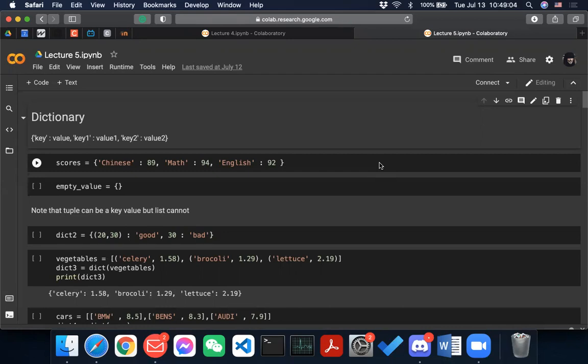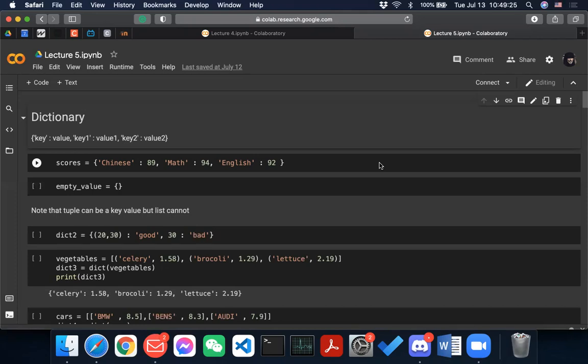The next step will be functions: how do you write a specific function to perform a certain thing? Then we're going to talk about objects, object-oriented programming in Python. It is a pretty important idea.